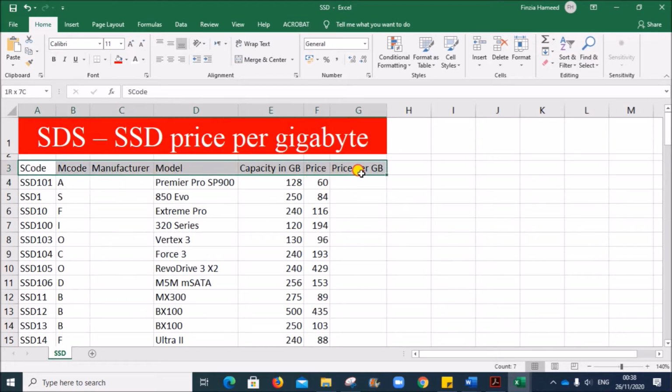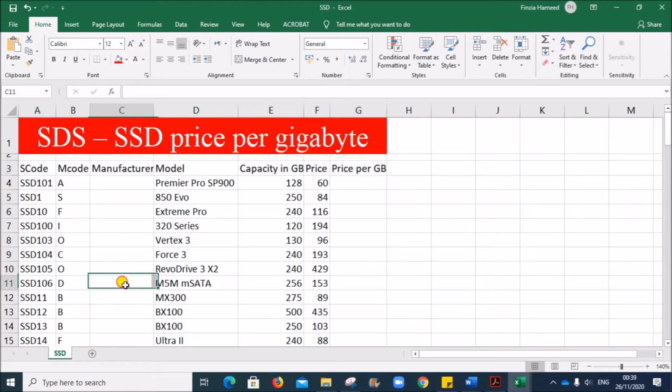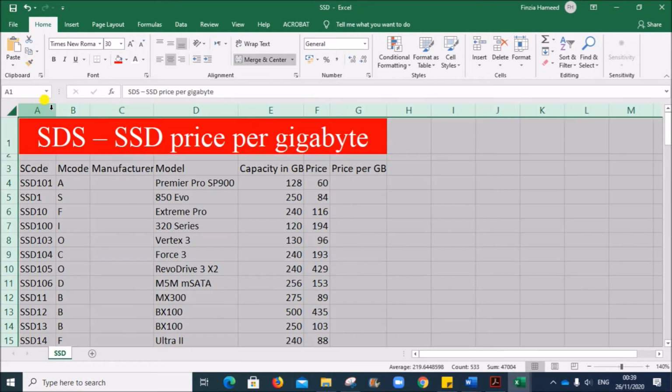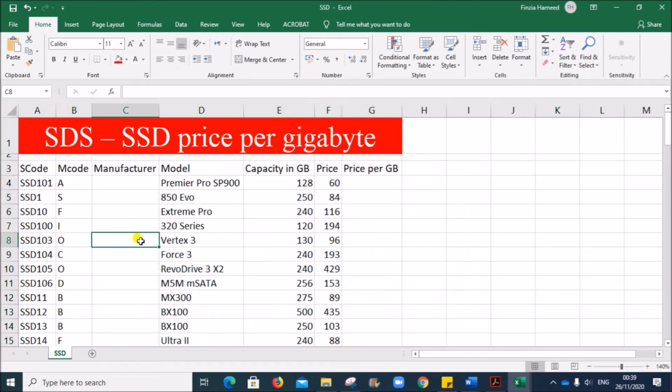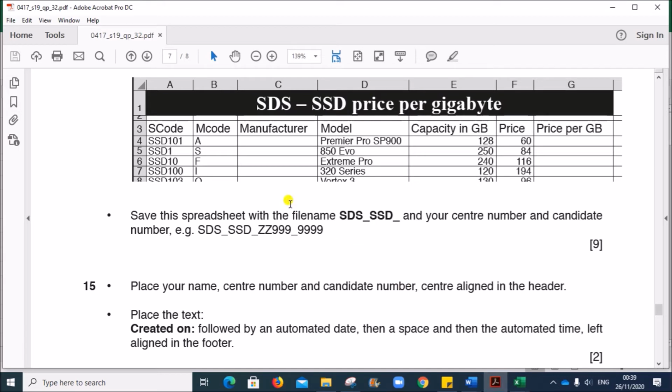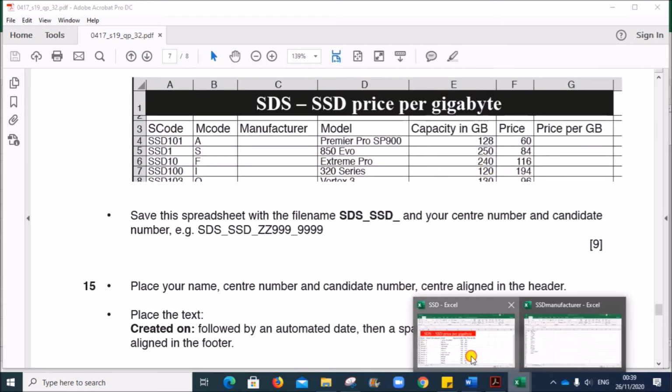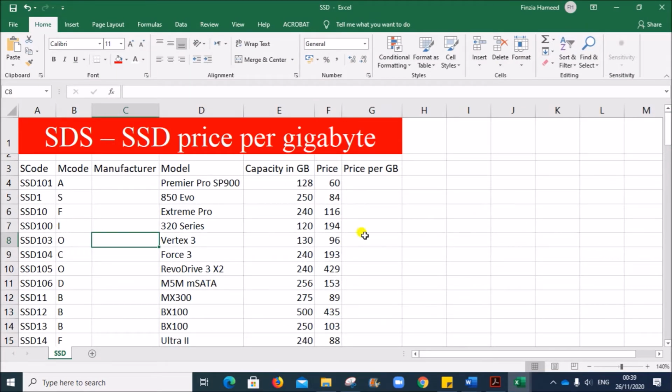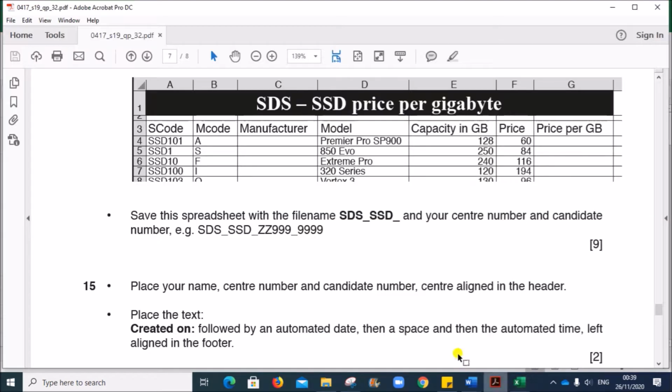So we can make this a little bigger, make it 12. Now all these, except the numbers, are left aligned and these are right aligned. All are similar. So the formatting is done.